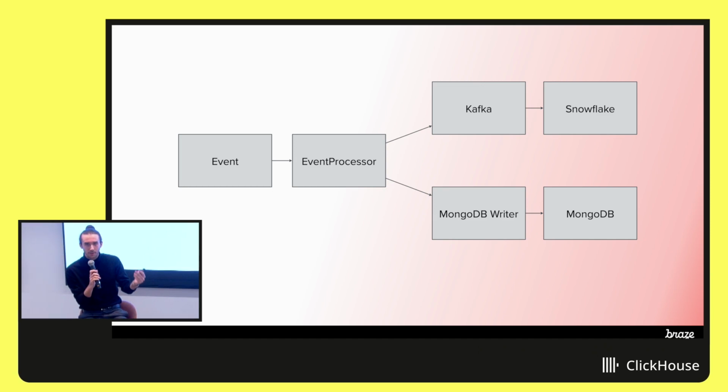So we have 1 billion plus events coming in an hour. We can't just write all of it to MongoDB as every single event comes in, because that would just destroy it. So we have a MongoDB writer, and in that is kind of this flusher class where we store all of the events in Redis for a short amount of time. We'll say, okay, we're getting all of these send events, custom events, revenue events that we want to associate with certain campaigns or message IDs or whatever. Periodically, we'll flush that out to MongoDB to reduce pressure. That's the second path. And there's a lot that can go wrong in either system, so we'll talk about why that can be a problem and why we needed to fix it.